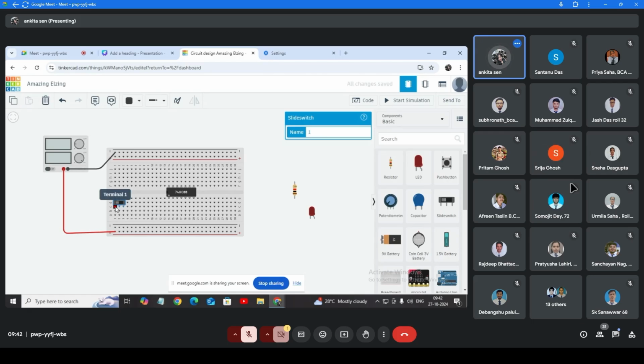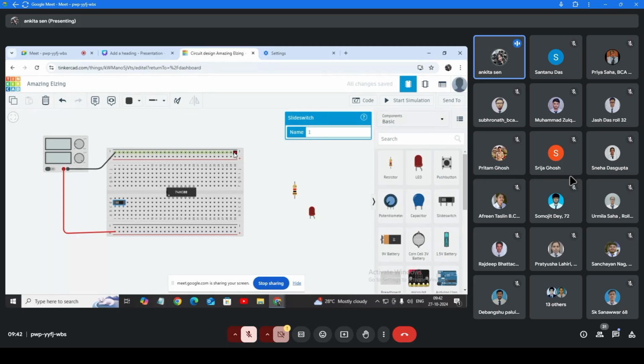So terminal 1 needs to be connected to the ground, correct? I have told you. So two options are left: either you connect it from here to here, or you need to connect these two lines to the upper portion and lower portion. Let's take the second option, it would be better for clear circuit making.